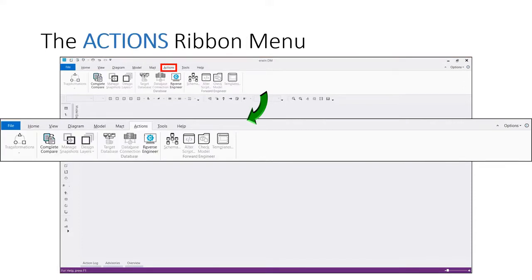The new Actions menu contains most items found on the old Actions menu. The items no longer included, Manage Name Hardening, Model Name Options, and Review Changes, were moved to better reflect the intent of this menu item. Manage Name Hardening and Model Name Options are now found in the Tools menu. Review Changes is now found on the Mart menu.